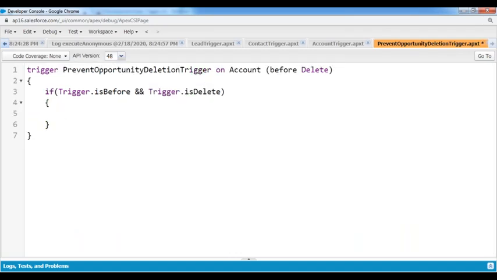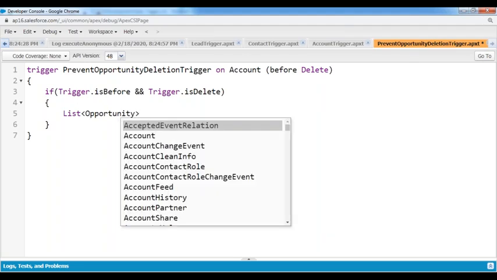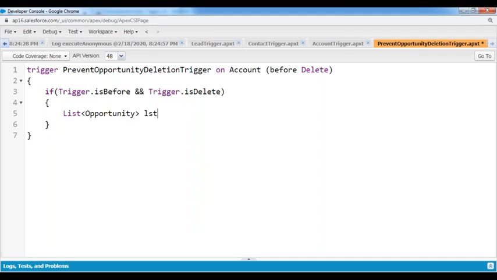So now here I'm collecting the account record IDs, and based on these account record IDs, I would like to collect the respective opportunities. List of opportunities. Directly you can write inside the for loop also, no problem, whatever. List of opportunity, LST of the